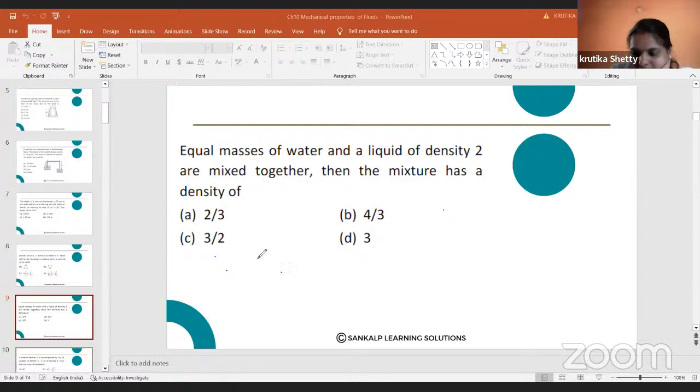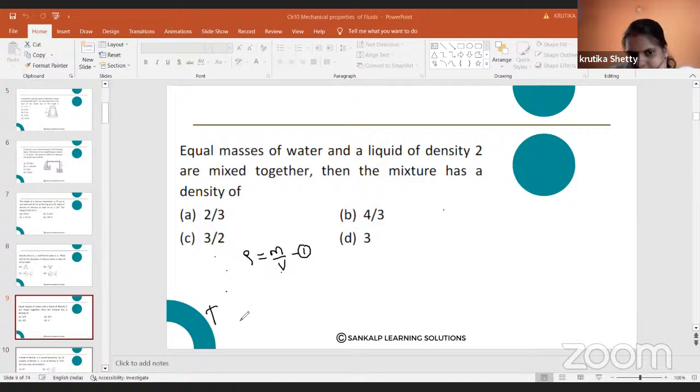Okay, so how to solve this? See, remaining students, let the volume of the water be V. So density is equal to mass by volume. I will consider this as equation 1. Since the density of the liquid is 2, and they are mixed, that is given by volume is equal to